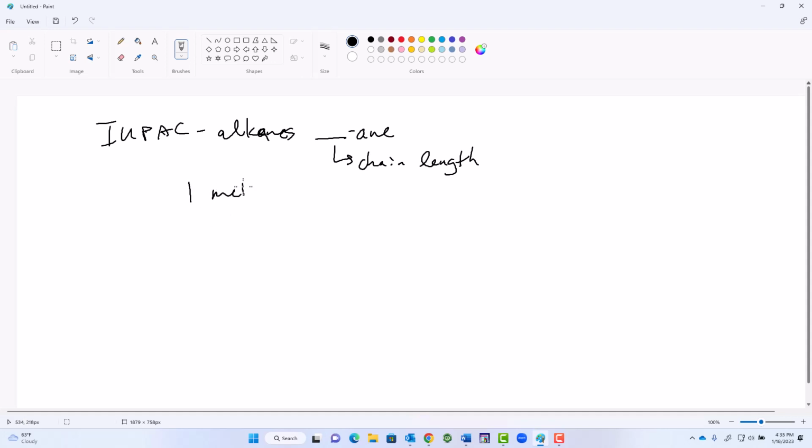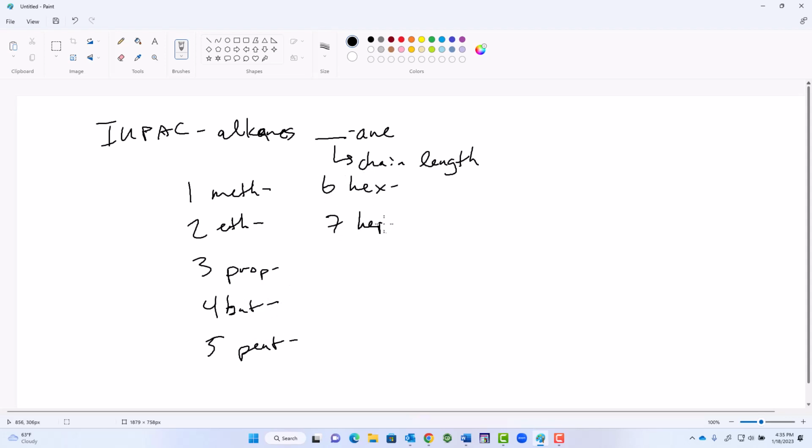So for 1, it's going to be meth. 2 is going to be eth. 3 is going to be prop. 4 is but, B-U-T. 5 is pent. 6 is hex. 7 is hept. 8 is oct. 9 is non. And 10 is dec. So for instance, if I'm looking at a carbon-based hydrocarbon chain that looks like CH3, CH2,